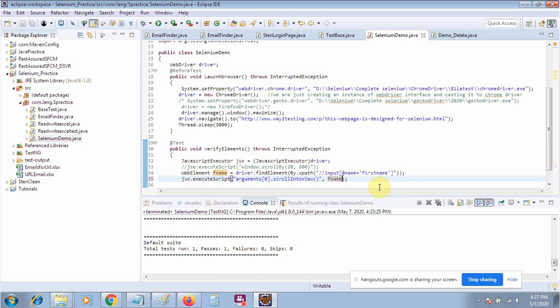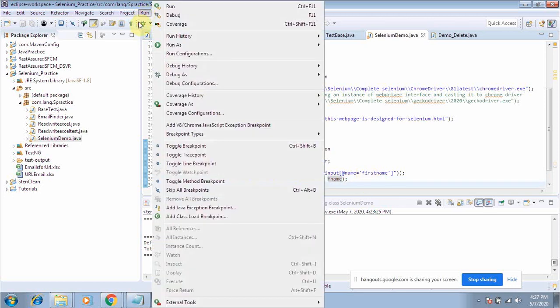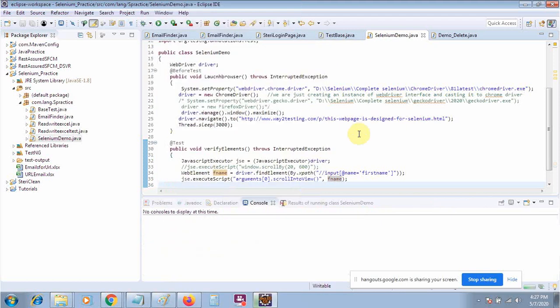This one. Okay, so I will run this code. You will see that it will scroll up to that element. Okay.